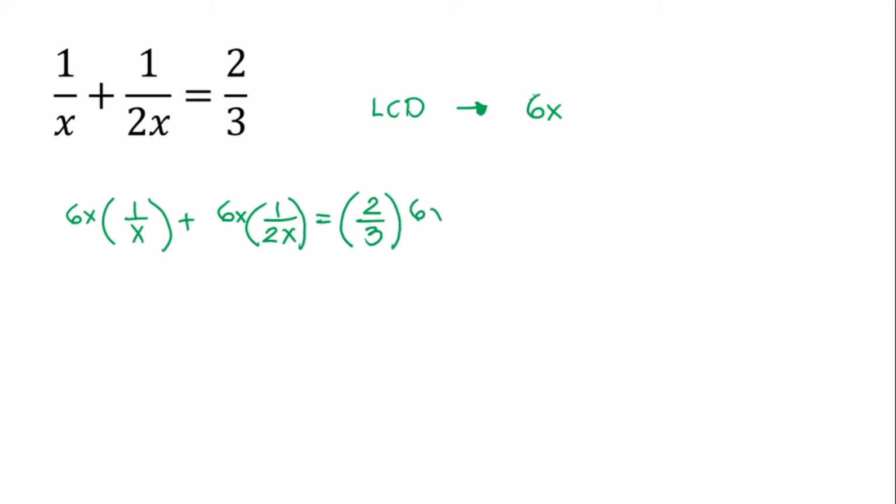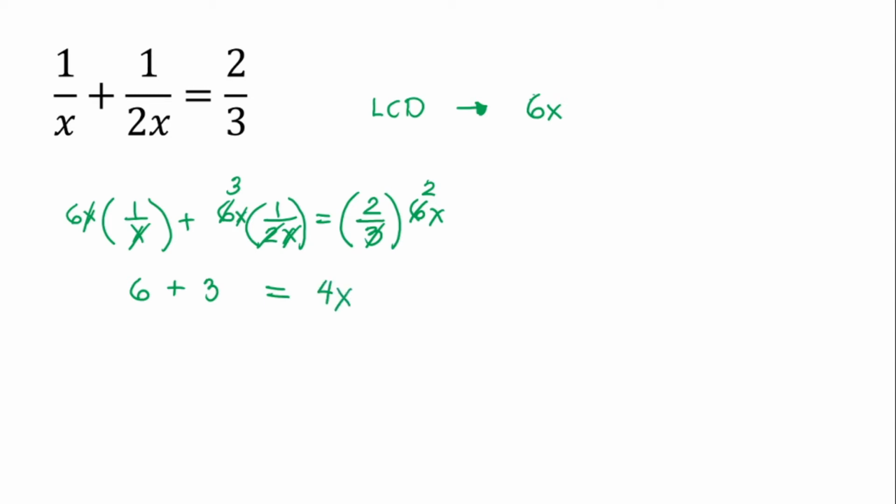So, 6x. If we multiply, so punta tayo sa first term, if we multiply 6x with 1 over x, maka-cross out na si x, and that will leave us na 6 na lang. How about this one? Alright, so i-divide na lang, maka-cross out na si x, and then 6 divided by 2 ay, ilan matitira dito? 3, kaya ito ay magiging 3 na lang. And then, on this side naman, alright, so 6 divided by 3 is equal to 2. Therefore, 2 times 2x is equal to